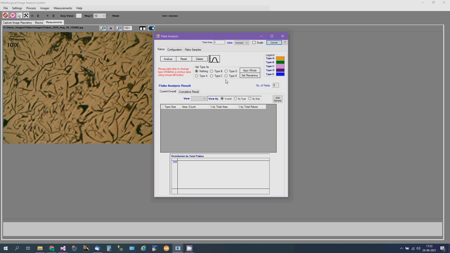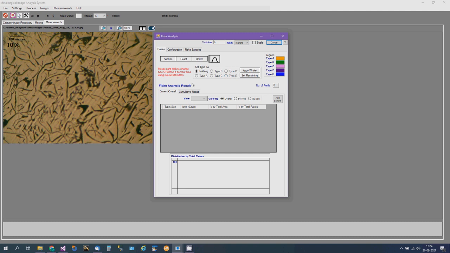The flake type classification is purely based on the shape. The shape can be any. There are certain patterns on how type A looks like. There are certain guidelines on how type B looks like, and type C, type D and type E. So from an image analysis perspective, it is not possible to do an automatic process for flake analysis. If you go to any metallurgical image analysis software by any manufacturer, you can see that flake analysis is always manual. Manual means the type will be selected manually.